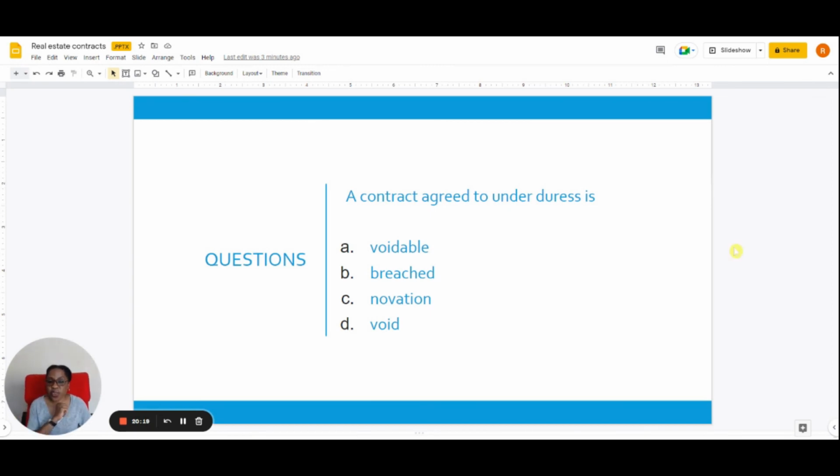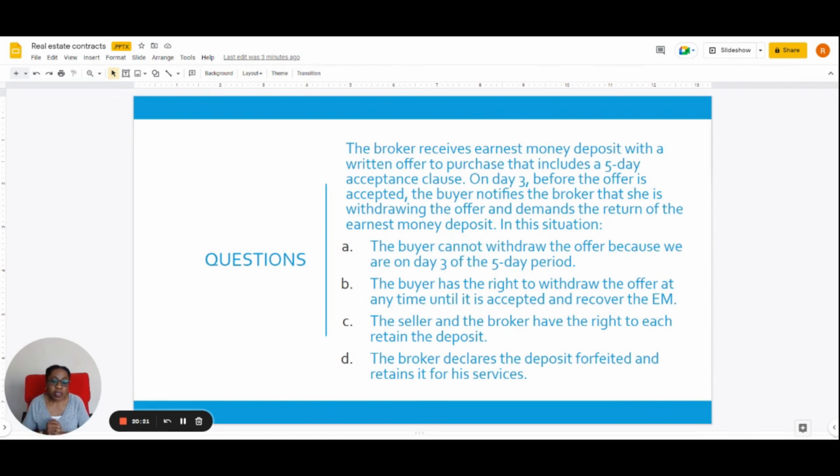And then I actually have one more question. All right, so a broker receives an earnest money deposit with a written offer to purchase that includes a 5-day acceptance clause. On day 3, before the offer is accepted, the buyer notifies the broker that she is withdrawing the offer and demands the return of the earnest money deposit. In this situation,